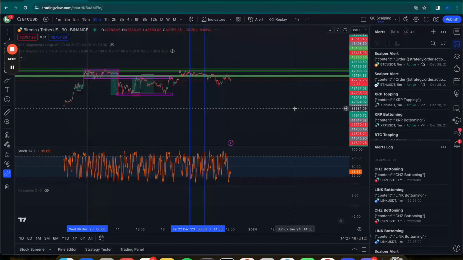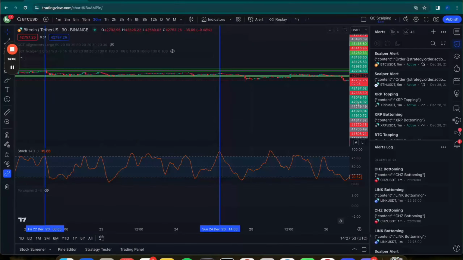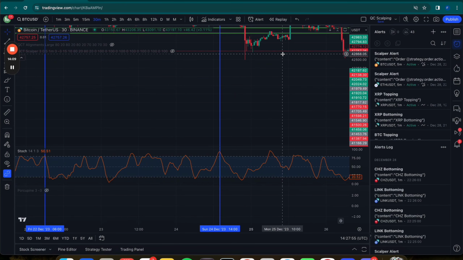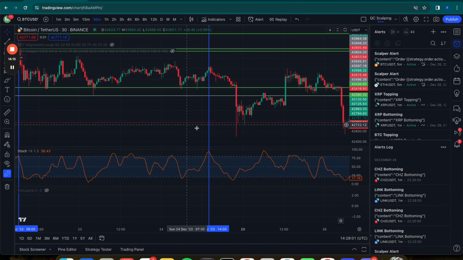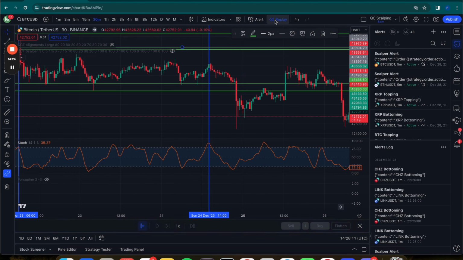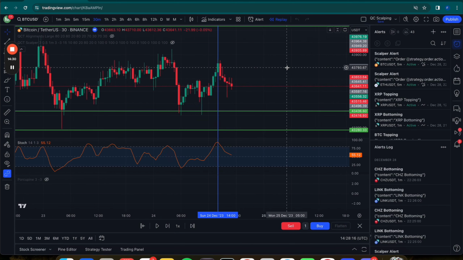Let me just catch myself right here. So the 30 minute was topped out, and there was a move, right? But it wasn't the big move yet, right? So the 30 minutes topped out. Let's look at the lower time frames, and also I'll just do the replay here, so it's going to be easier for us to look at the chart. I don't have to scroll down every single time.